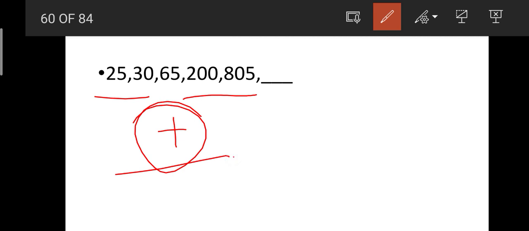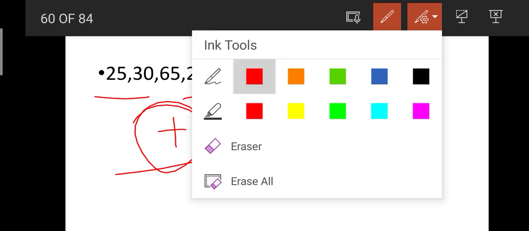This is also a very simple question. Try this. See friends, in this question, though the difference initially is very less, the difference here has become much more. Isn't that? So we can't go for addition series. Okay, now we should try whether it is a multiplication series. If we observe here, for 200 to become 805, it should be multiplied with 4 and they have added plus 5.